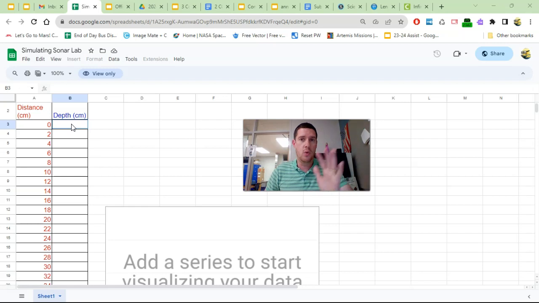Oh, I have view only access on this. You will be able to access it, no problem. But let's pretend I typed in negative 16.5 right here. If I put another skewer in at spot 2, and it only goes down like this, I pull that up and I measure that and it says like 8 centimeters. Well, then I would type that in as negative 8. So all your blue columned data will be negative.